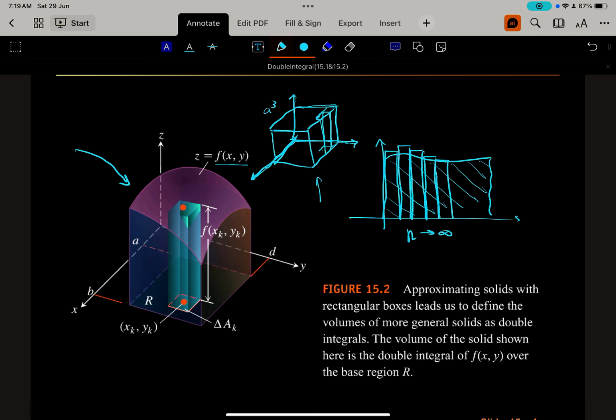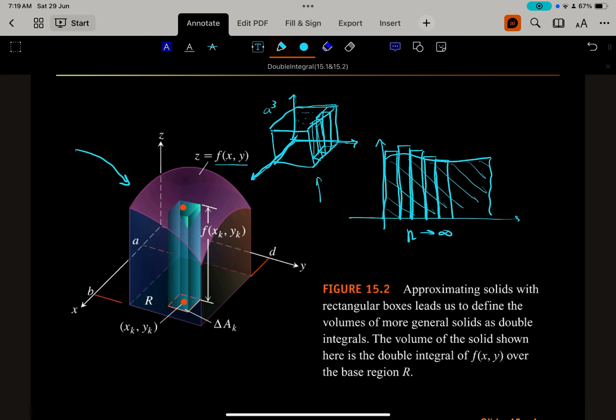Now this, see, I'm approximating by drawing some boxes, and I can continue all the way filling the cube. And now what I can do is, if I want to improve the accuracy of the approximation of this box, now